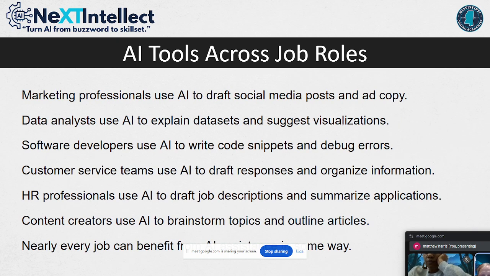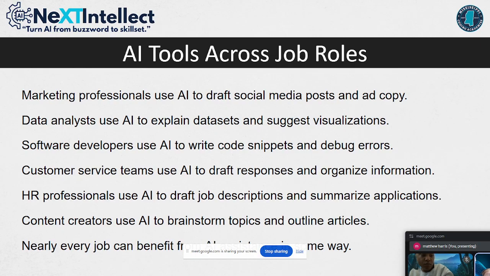So, of course, different types of job roles that would be heavily using and adopting AI today would be marketing professionals, who can use it to draft social media posts, data analysts to explain data sets, software developers to write code, customer service to draft responses and organize information, HR professionals to use AI to draft job descriptions and summarize applications. That's also with HR when you've applied for jobs, like the applicant tracking system and everything, that they could go through all these